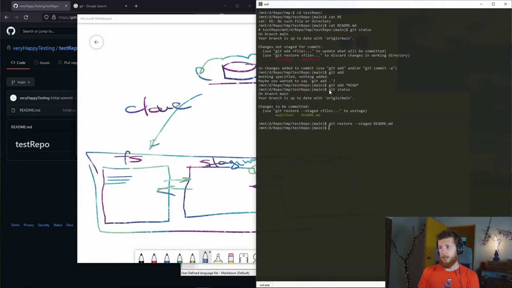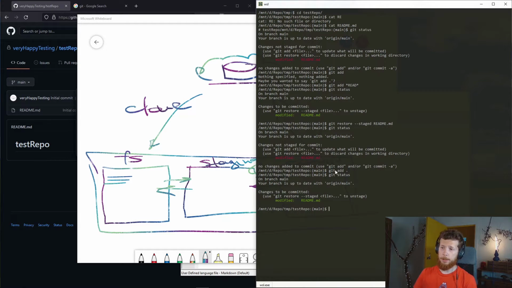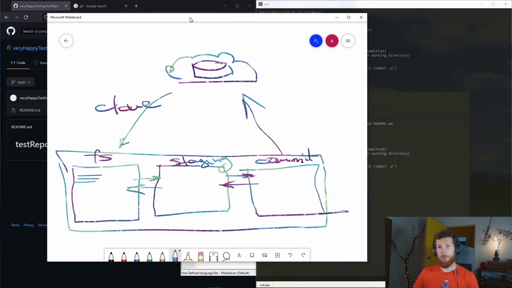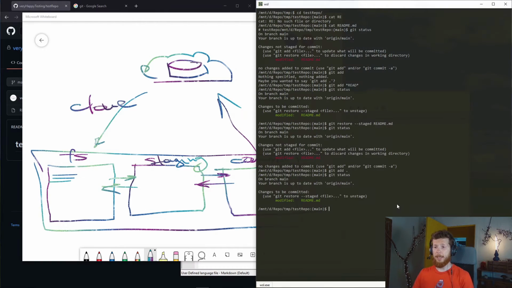readme.md. If we do git status again, you see we unstaged. So we just moved the file from here to here and from here back. All right, so let's run git add all just to show you that it also works. See, I run it and I just added all files, and readme is added to staging, apologies. Okay, so now we have moved the file here and there, and we can make it a commit,